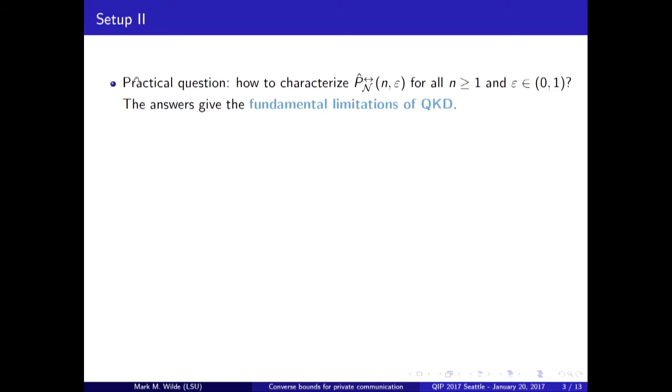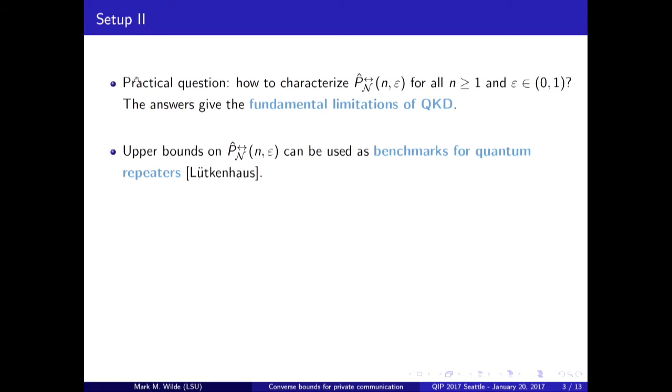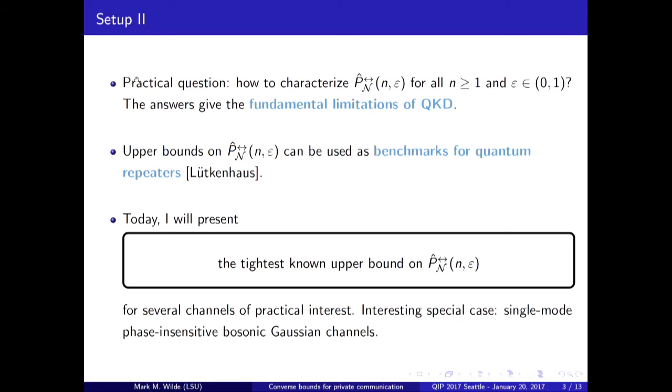So ideally we'd like to characterize this quantity for all little n and for all epsilon between 0 and 1. And you can interpret answering such a question as giving the fundamental limitations of quantum key distribution. At some point, Norbert Lütkenhaus interpreted giving bounds on this as establishing benchmarks for quantum repeaters. The idea being that these bounds that you can establish on this quantity are in the absence of quantum repeaters, and you could, as a certificate of having a quantum repeater, say that you can achieve a rate higher than this. Okay, so today I'm going to talk about the tightest known bounds on this non-asymptotic private capacity